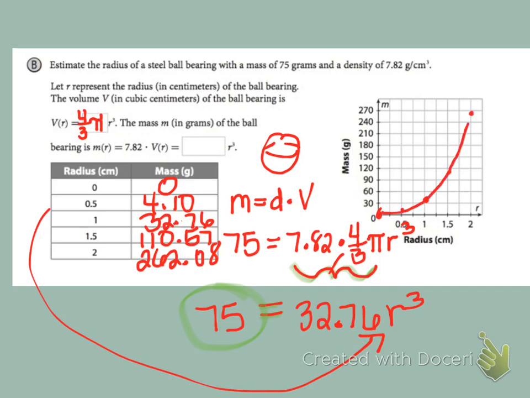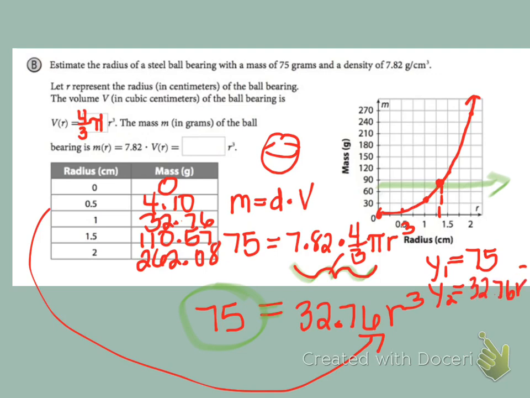Looks like this. And then we would plot this line at 75, which is right about halfway between 60 and 90, right there. And that intersection point right there would be what the radius would have to be. So if you kind of guesstimate it, looks like it's a little past 1.25, but if I used a graphing calculator to figure that out, by graphing, say, in y sub 1, graphing 75, and in y sub 2, graphing that